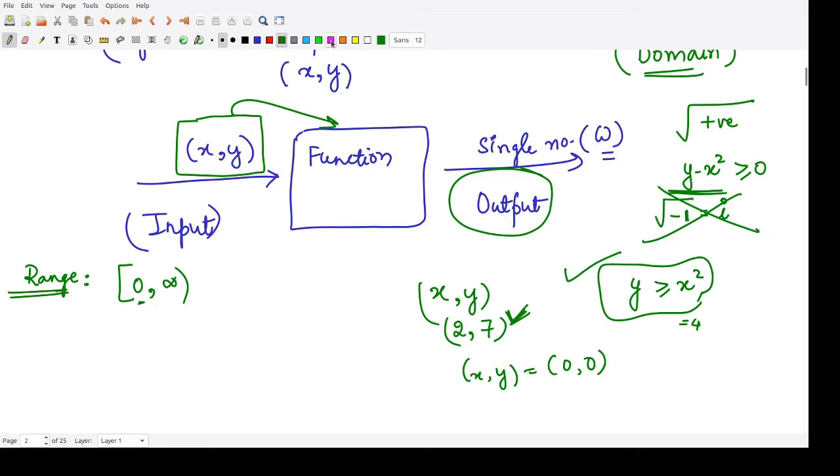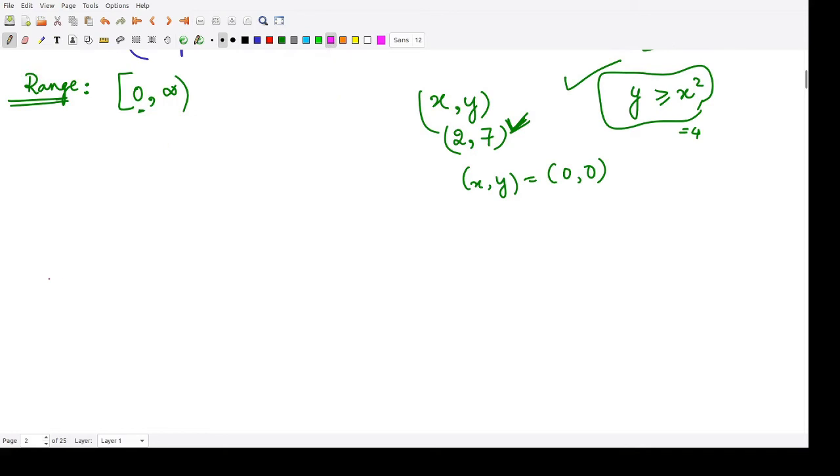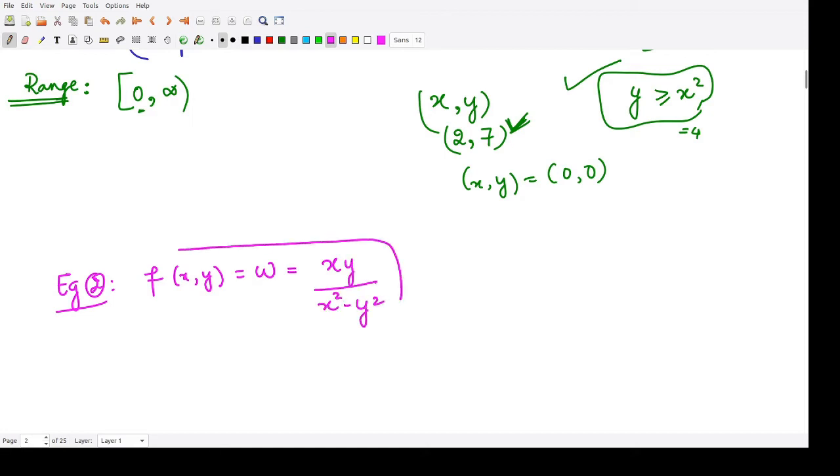Similarly, we have another example. Let's see the second example. Suppose your function f of x y is defined by w, that is nothing but x y divided by x squared minus y squared. This is the function that is defined. Now you have to suggest what the domain and the range of this particular function are. Here your domain could be any number such that the function does not become